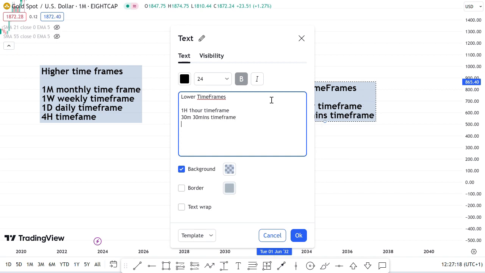Then we have the 15 minutes time frame. Then we have the 5 minutes time frame. Then we go to the 1 minute. This is the lowest time frame I use while analyzing any chart,